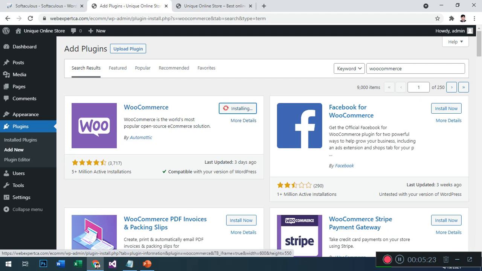After this, we need a few plugins to make this work. After a few moments, this will be installed. Now I press the activate button. This plugin will be active. After this, we need a few plugins to access the complete functionality of this plugin.